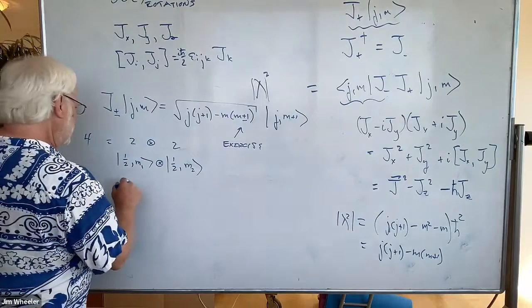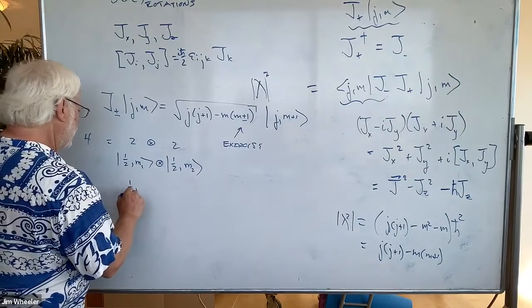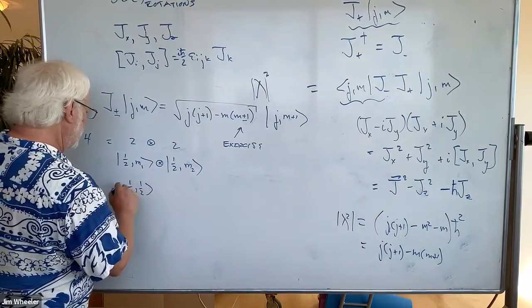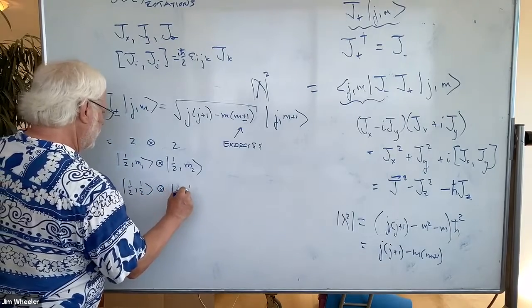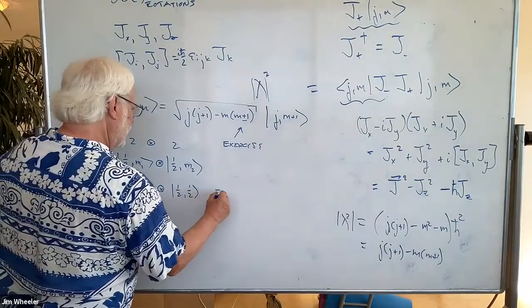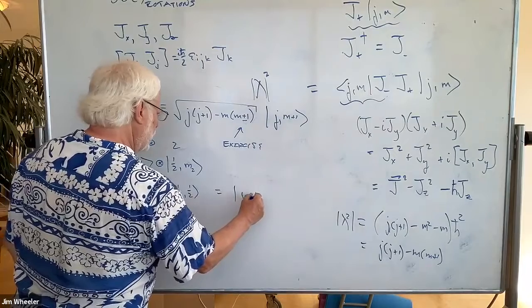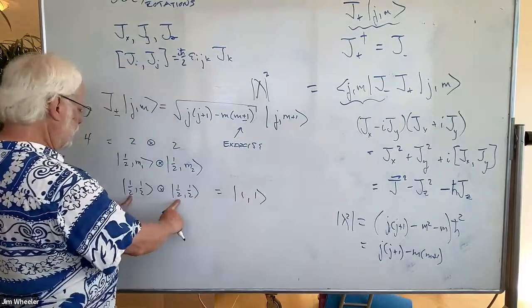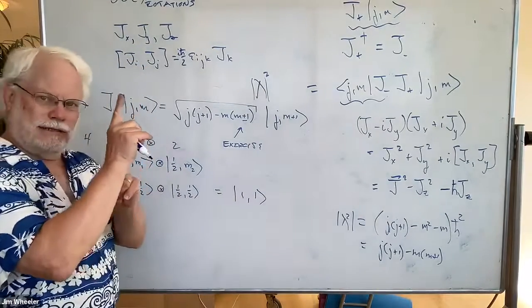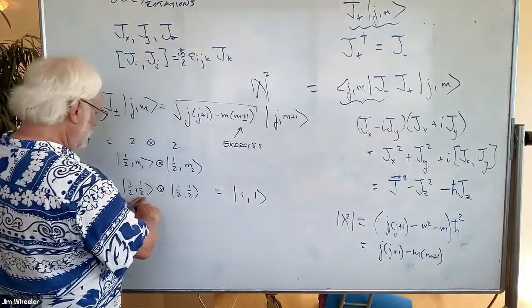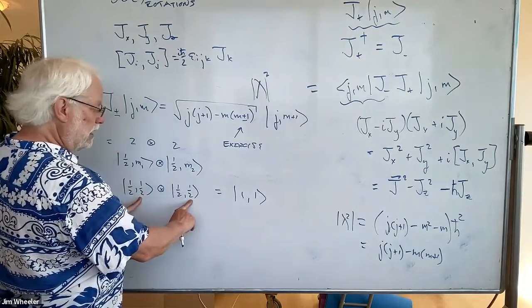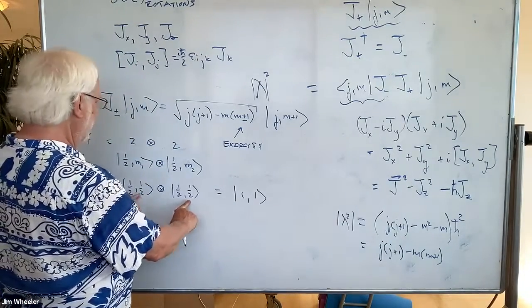Now, if both of the electrons are spin up, then their spins are aligned, and the total spin is going to be spin 1. And